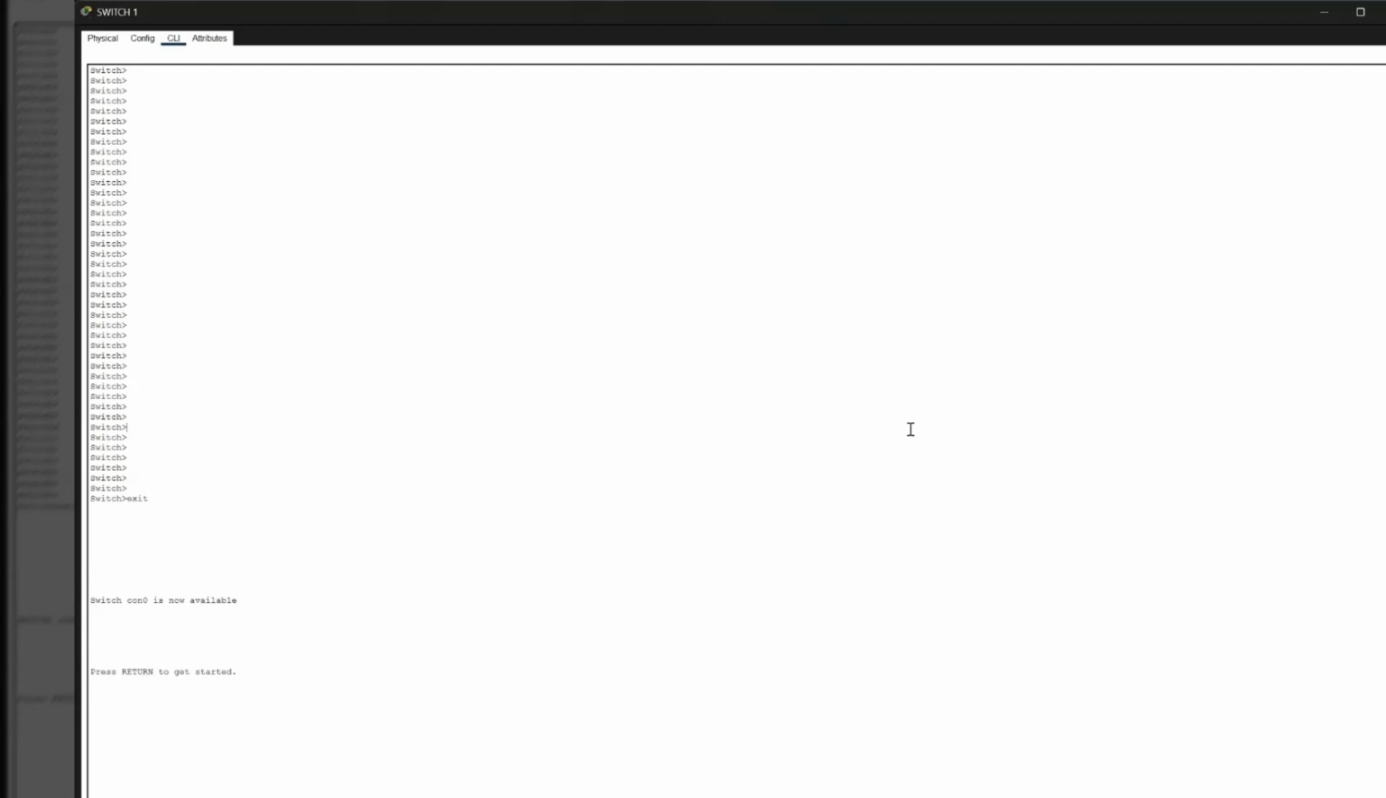So let's get into it. We're actually going to create an SVI for VLAN 500. That was our accounting VLAN in our previous videos. So we're going to go ahead and do an interface VLAN 500, and this is pretty much the SVI. We create the SVI, the virtual interface,